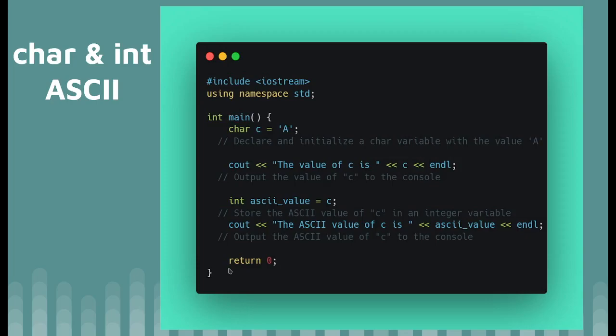Here the character c is equal to the character capital A. After that we print that character, and it would print A. Then we cast it to the ASCII value, and here we would see the ASCII value of capital A, which is I think 65. So working with characters, integers and the ASCII table in C++ is very easy.